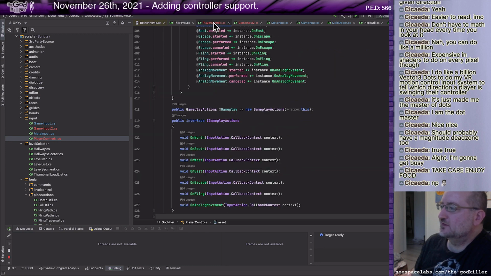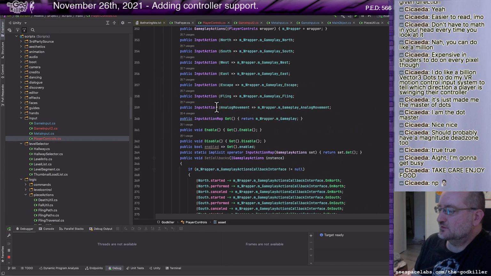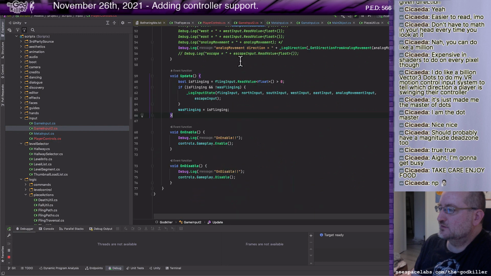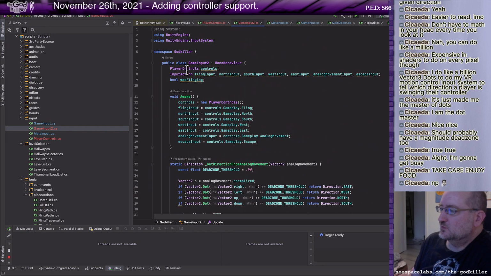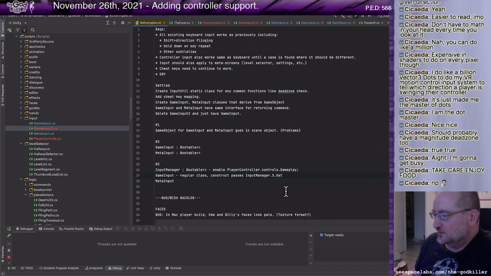What is this thing actually? It's player controls. Okay, get player controls. That's it. Get player controls, or I could do a property. Do a property. Regular class.